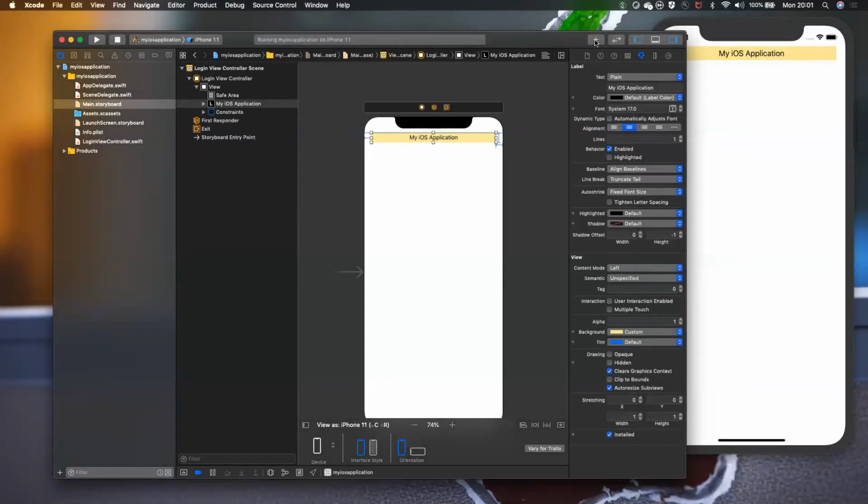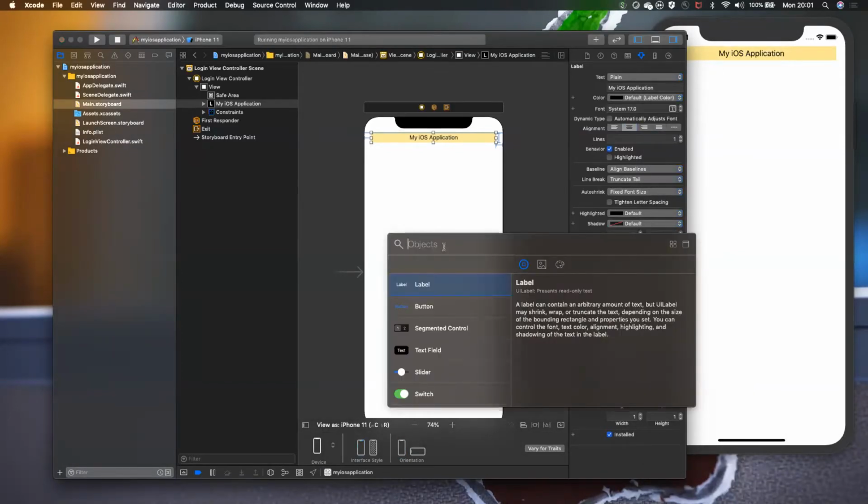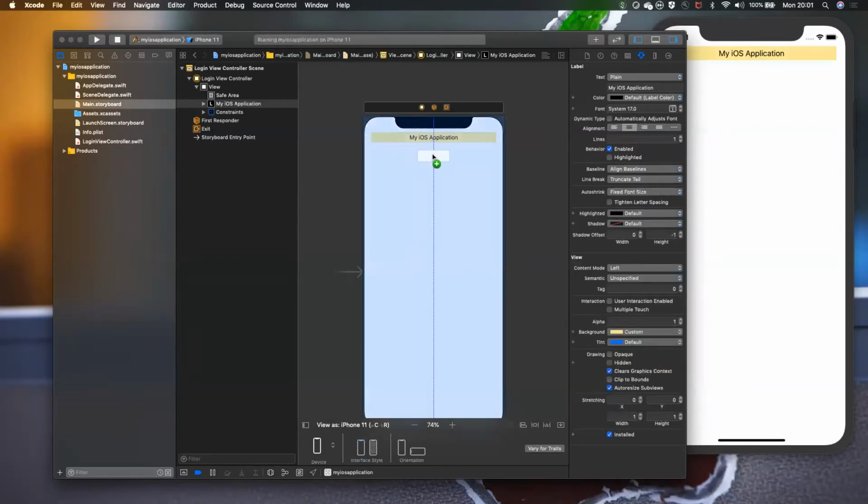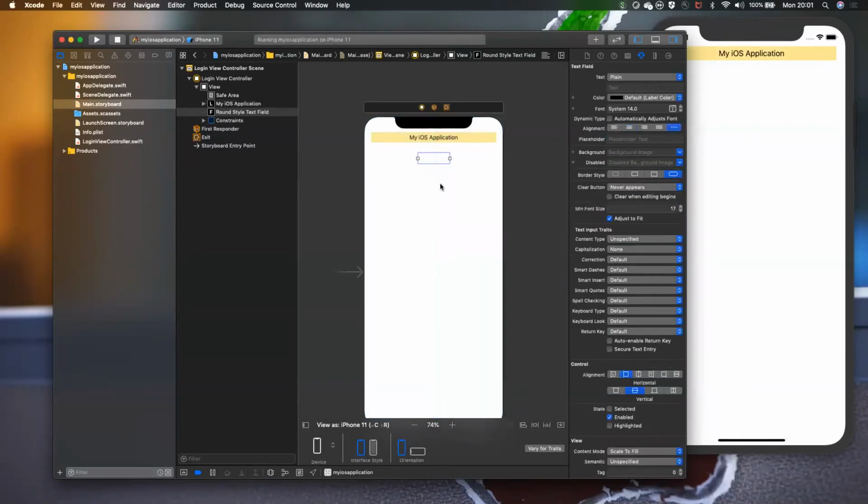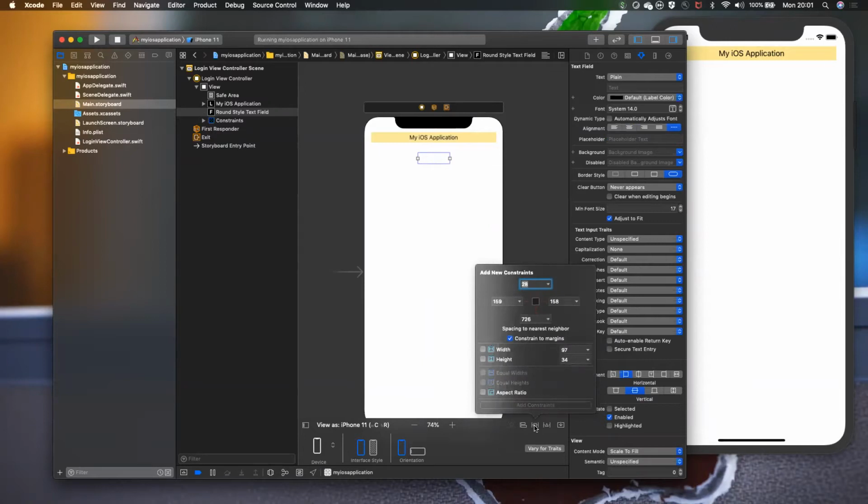And now I will add a text field to get the username and password. I'll just type text. You can see text field and text view. I will use a text field. I'll just drag and drop it here. Yep, it's done. The same thing we need to do again: I will be setting up the constraints.